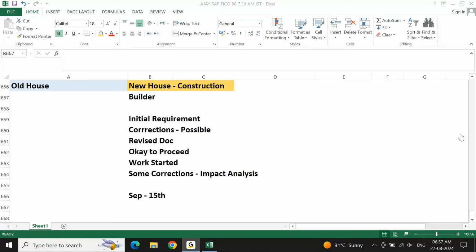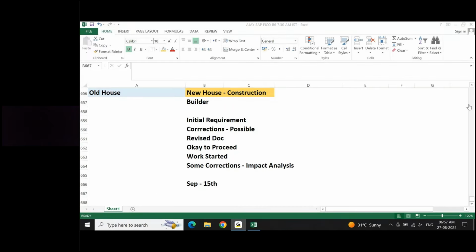Okay. Let's say that the tentative date for handing over the flat or the building or the construction is 15th September. Now you would have made your arrangements according to 15th September, maybe a housewarming function, inviting your guests and all. It's not that you're getting the handover of the flat and you will keep quiet and secretly go inside the home, right? You're going to tell your friends, family, relatives, well-wishers that on 15th September we are going to the new house, inauguration is happening. Please be invited. Please come at 9 o'clock, 10 o'clock. You may be printing the cards, invitations. You may be doing some kind of arrangements for yourself to make sure.